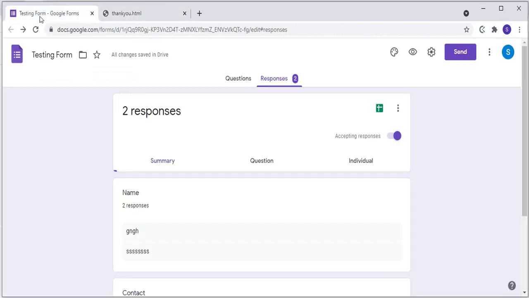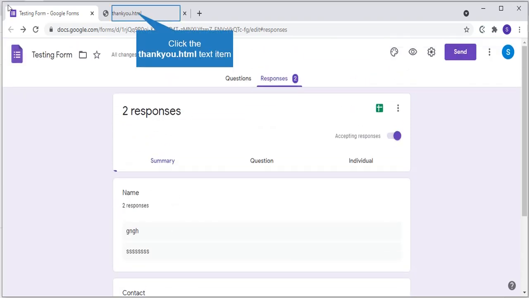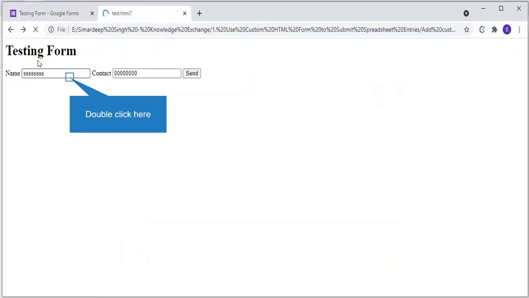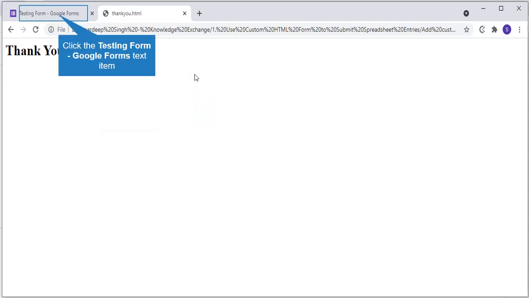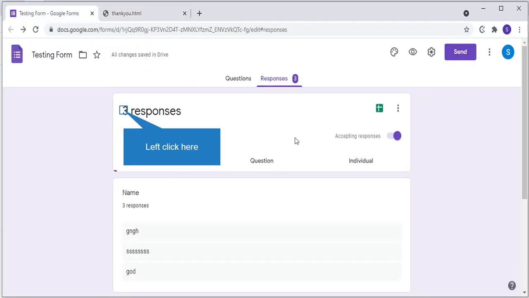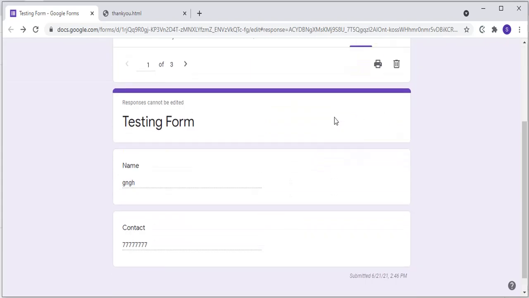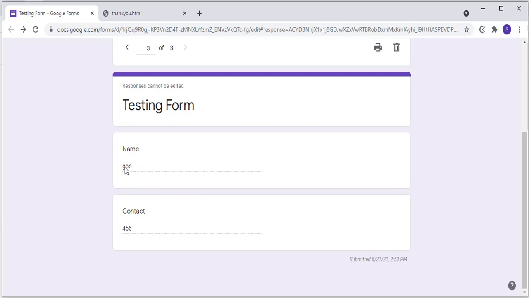Now you can see responses also increased, and it is redirected to the thank you page. Let's try again with some new entries. Yeah, it is working, and you can see 3 responses and individual responses we can check here. The third response is the one that we submitted.